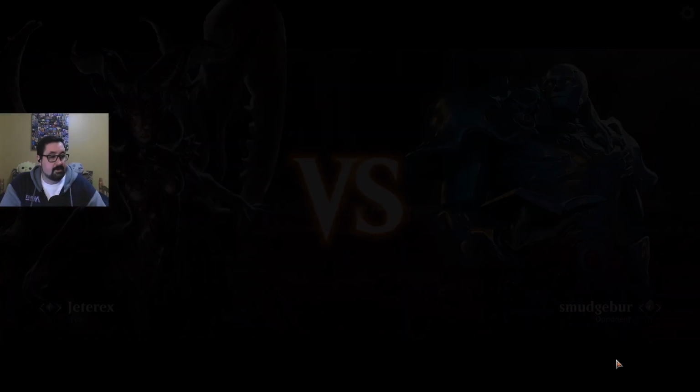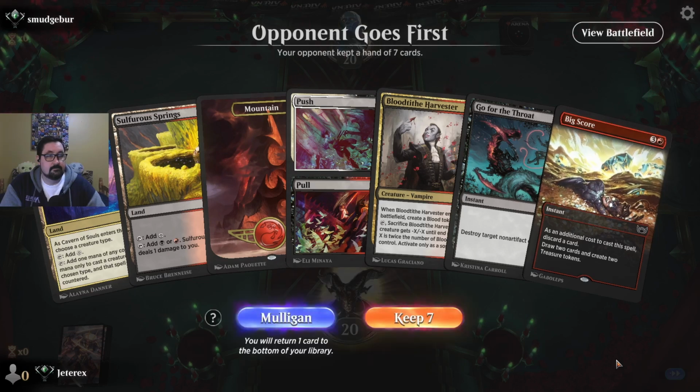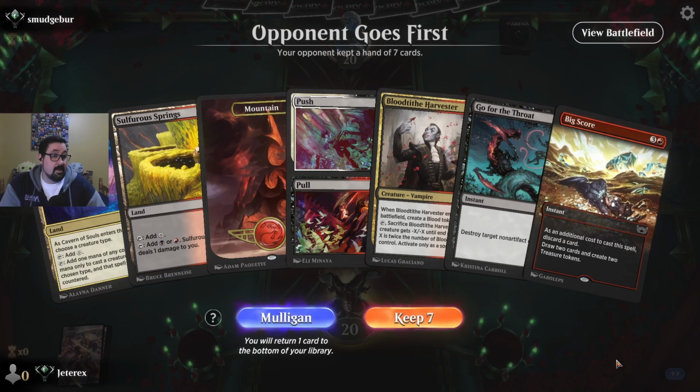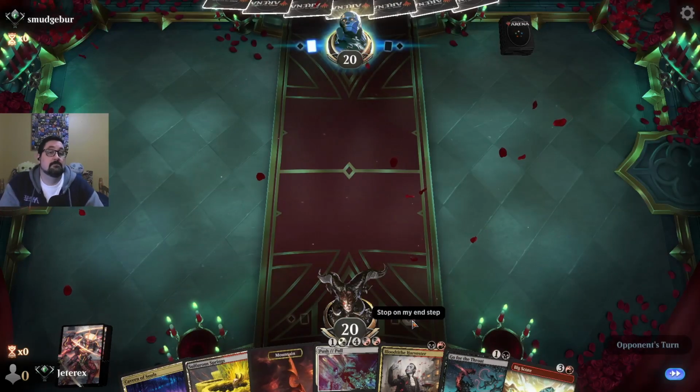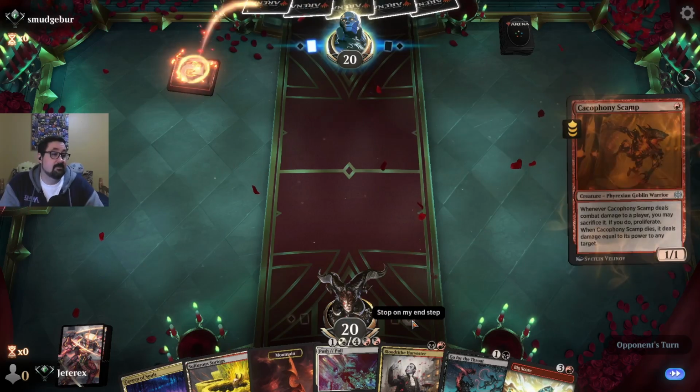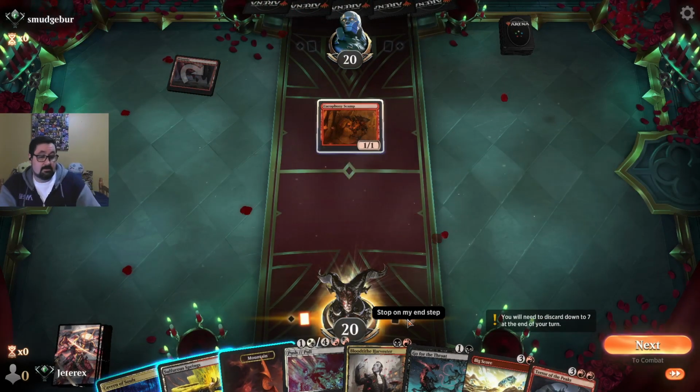Old Smudgebur. So, lots of low-end stuff. Big score to get us into the back half of the game. This looks keepable to me. Alright, Smudgy. What you got, friend? You got Cacophony Scamp. That is...